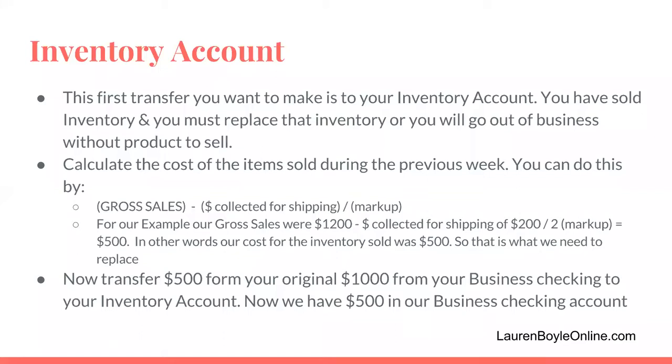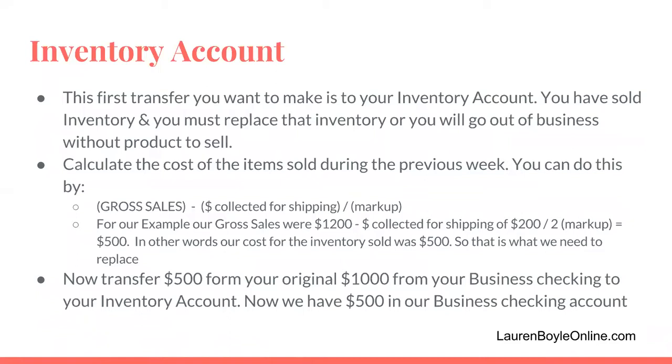So in our example that we're using, our gross sales were $1,200. We're going to subtract out the money that we collected for shipping, which was $200, and we're going to divide that by the markup, which is 2. In other words, we sold $500 worth of inventory last week, and we need to replace that $500 inventory with